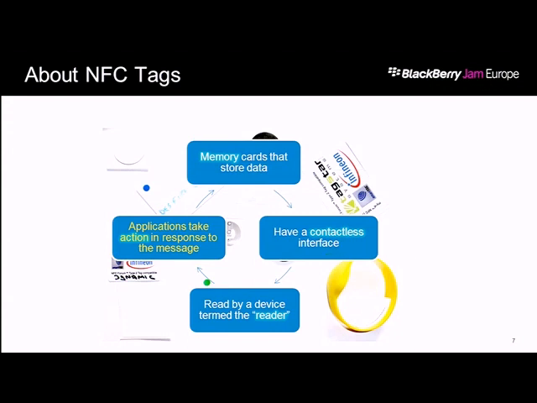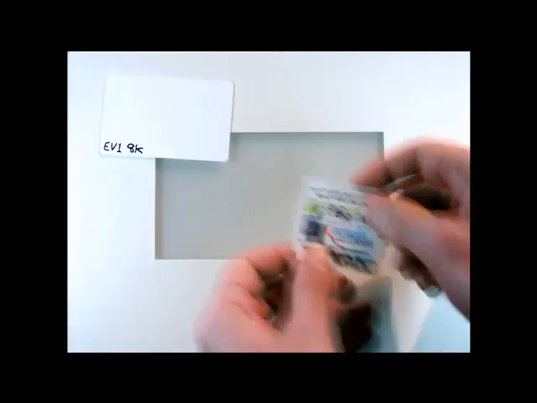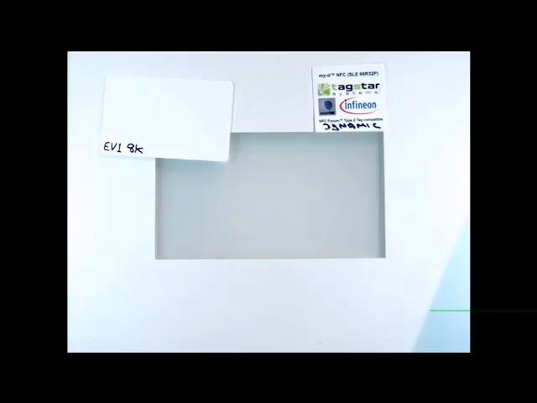I thought I'd just show you some tags in case you haven't actually seen any in the flesh, or plastic, or card, because they come in all sorts of shapes and sizes and have all sorts of different characteristics. If I switch to the Elmo thing here, I've got one which is like a plastic card, a bit like a credit card, same kind of size. This one here is flexible, and it has a self-adhesive backing to it,